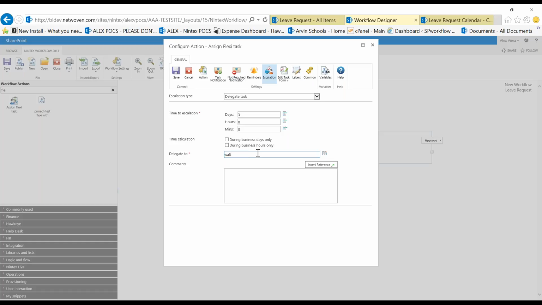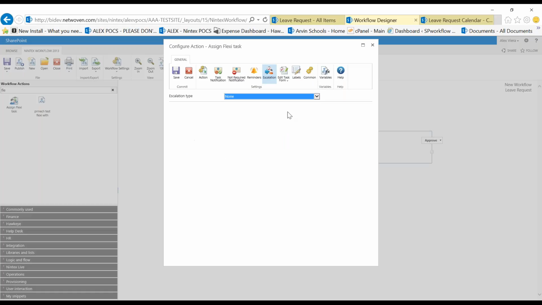If I wanted to put in some name here or something like that, I could put in the name. But you have the ability to delegate to somebody else, and you also have the ability to complete the task. So we can say if after 10 days no one responds, we want to automatically do a rejection. So these are all the different options that you have to be able to control when we send this information to that actual user. So a lot of really cool things going on here.